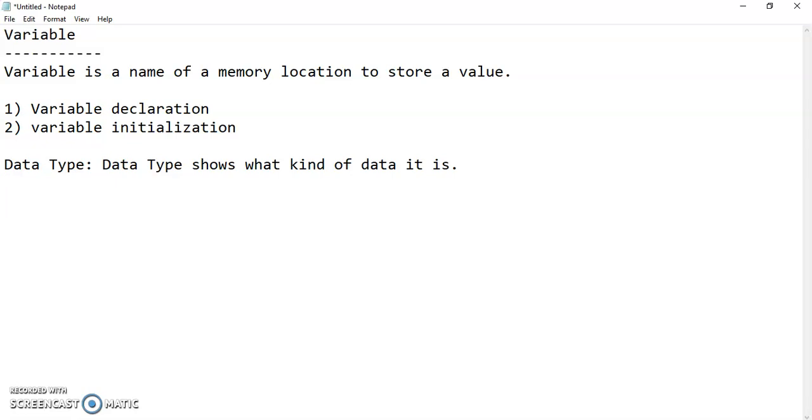So when it comes to data type, it is of two types. One primitive, another one is non-primitive.